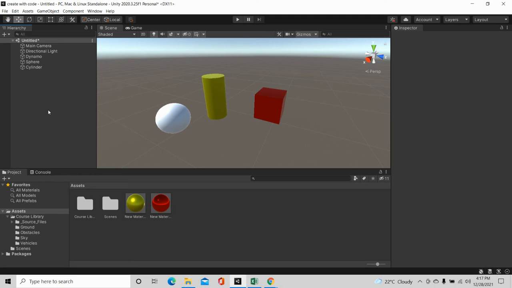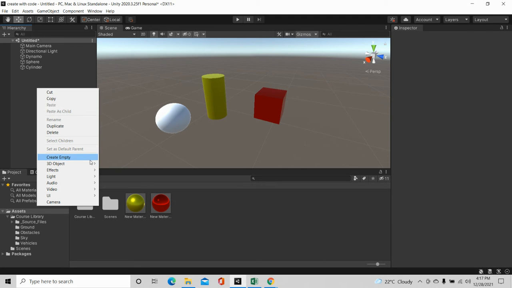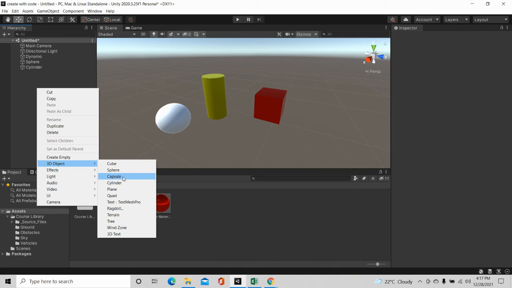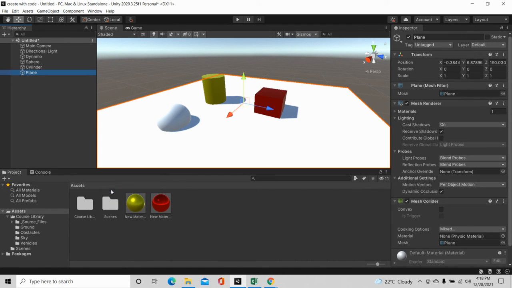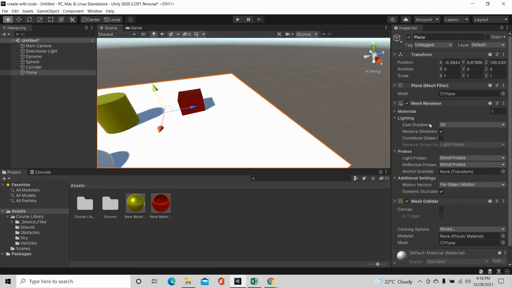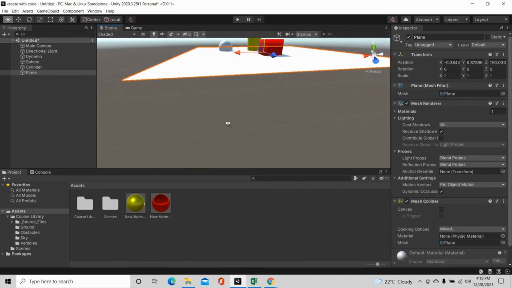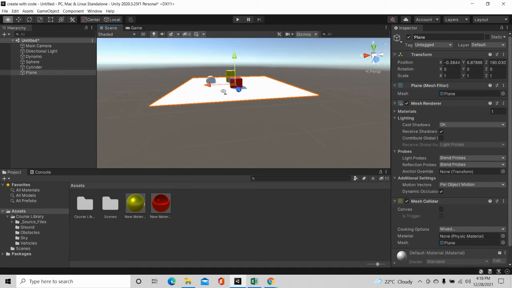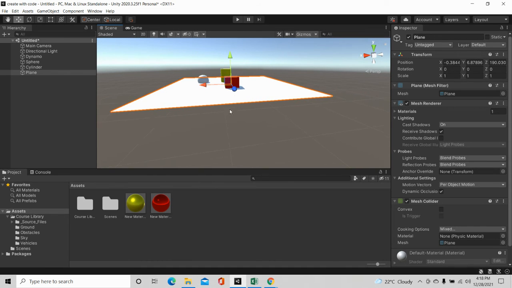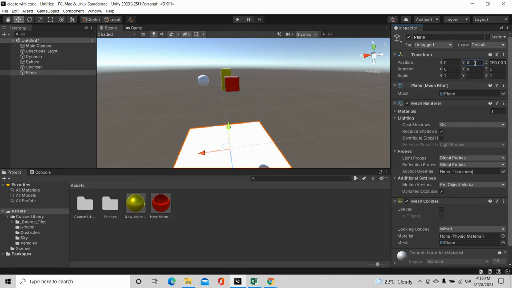So in order to expand it, let us make something called a terrain. Let us make a plane. When you click, you can see there's a plane, and it is floating quite high over the air. In order to put it in the default position, just go here and click 0, 0, and 0.